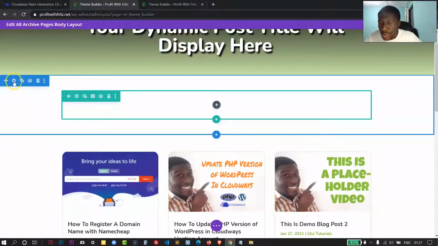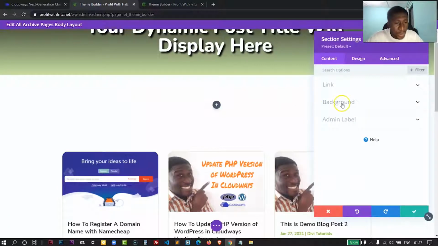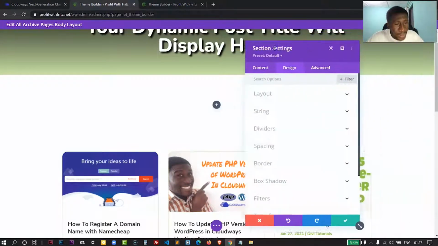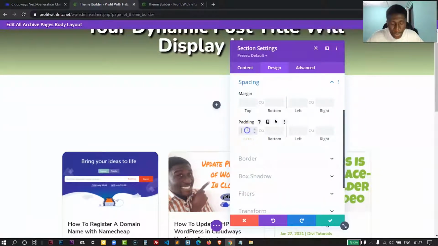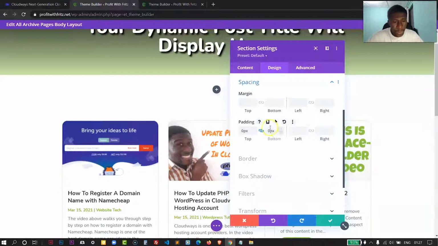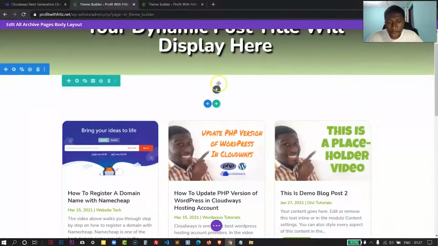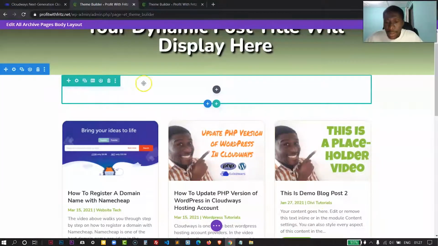So I'm going to go into the settings of the section. All right, and over in the design tab, I'm going to just reduce the padding. Let me make the padding 0. Okay, so the padding is 0. All right, and then I'm going to add